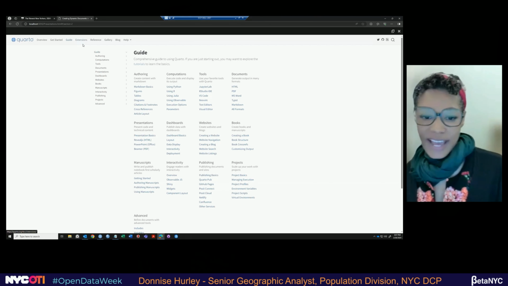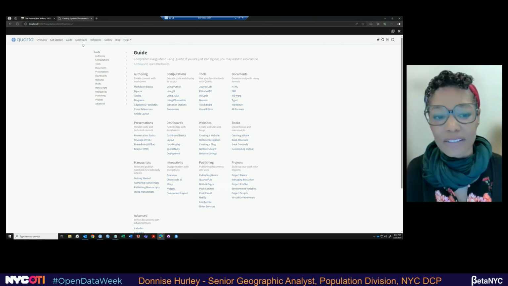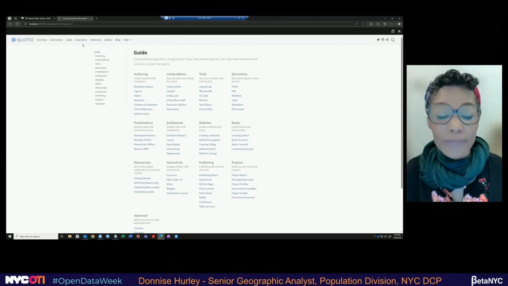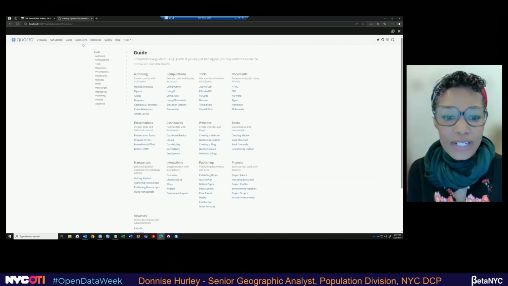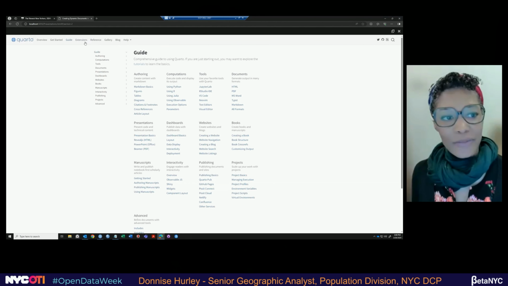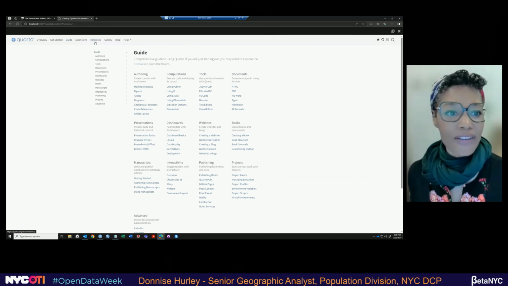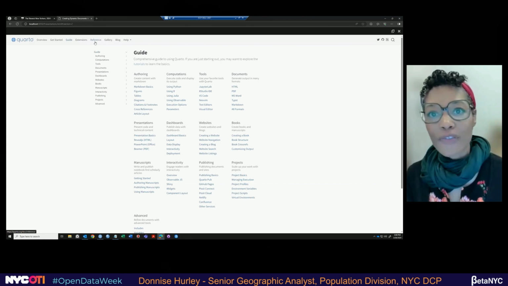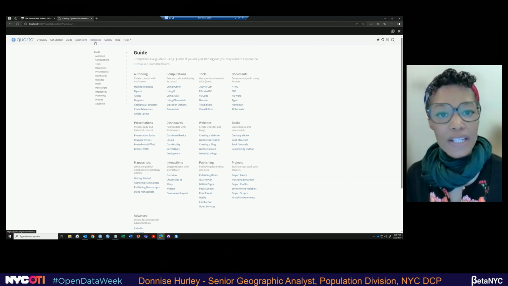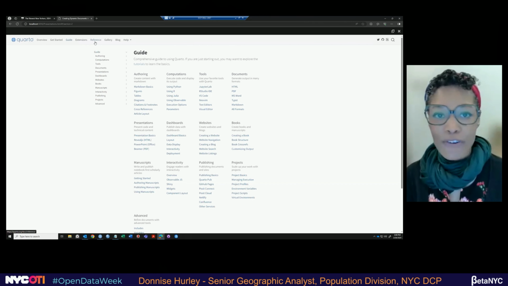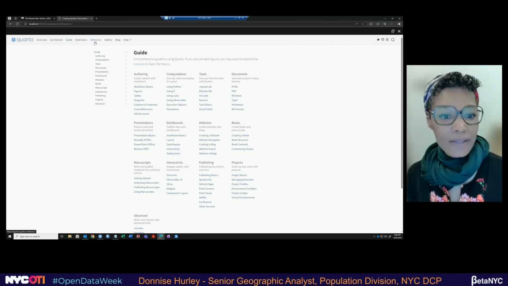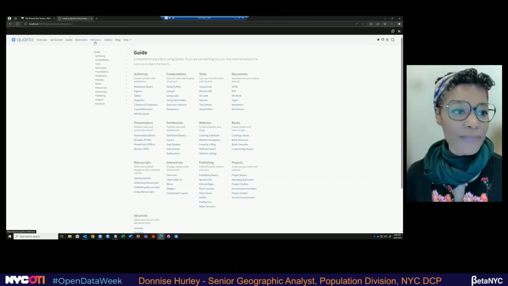They also have a Stack account, a forum, I'm sorry, that you can look at for troubleshooting things. But there are a ton of resources. It's still new, so it doesn't have as many guides as others. But if you've used R before, it's very similar to an extent. If you use R Markdown for writing, some of the syntax is similar. But I would start with the guide on their website.